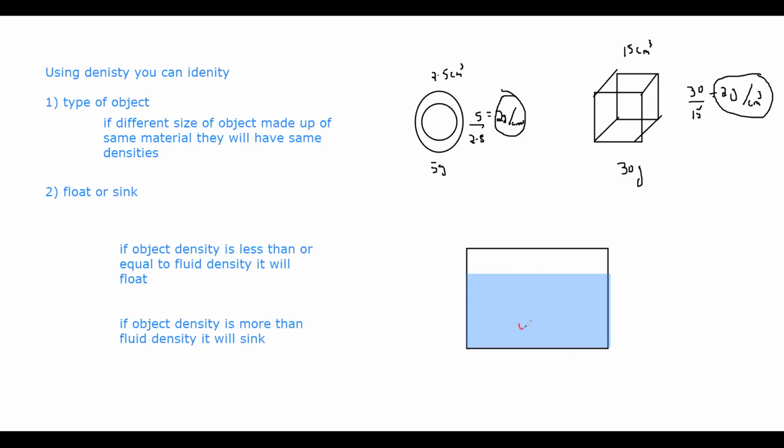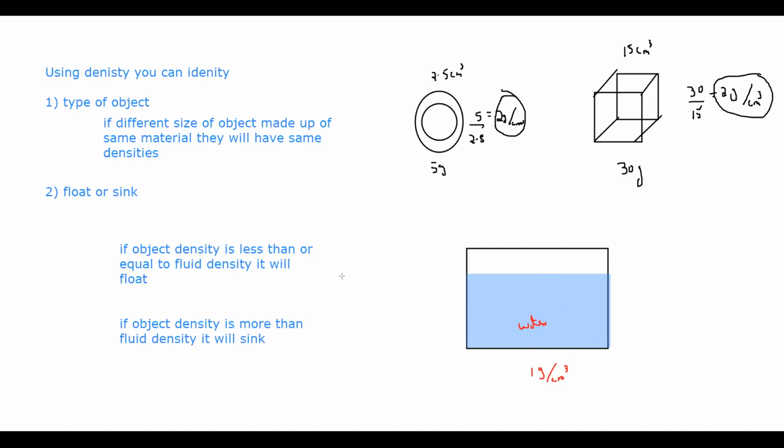Example, you have a container. This container is filled with water. The density of water is 1 gram per centimeter cube. Every centimeter cube contains 1 gram of matter. This is a standard density, but density also changes with temperature, because if you heat something, it expands, so volume increases, so density will decrease.